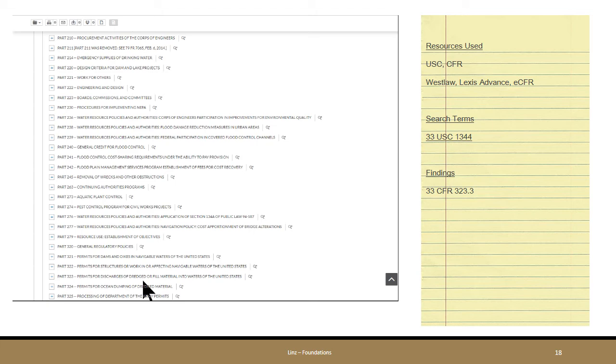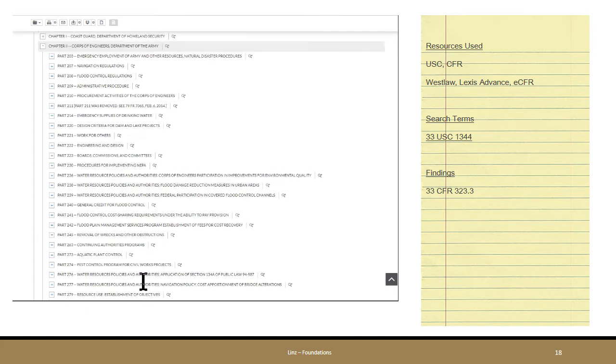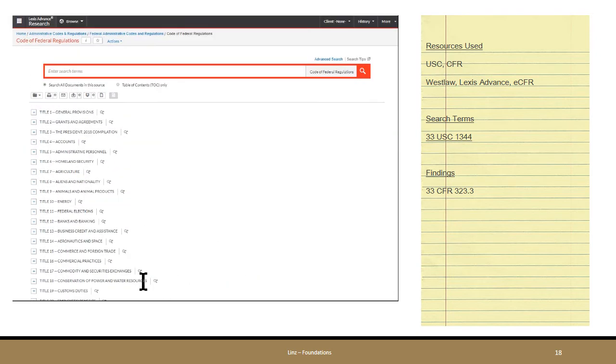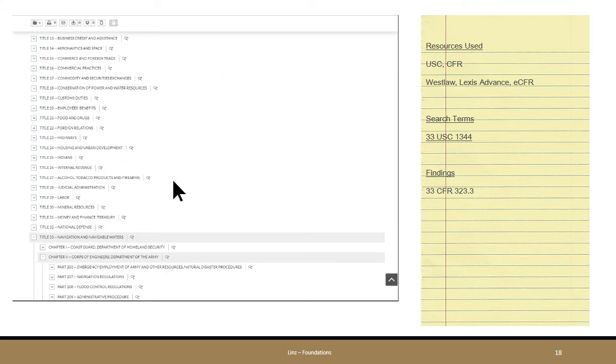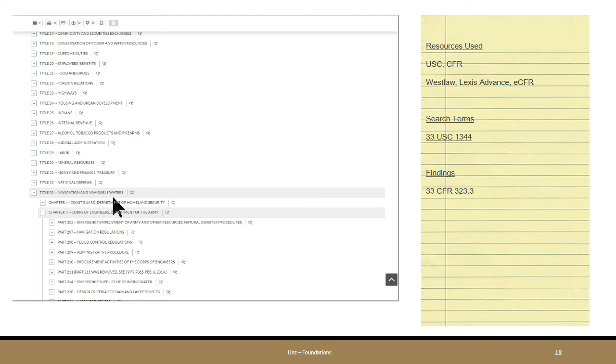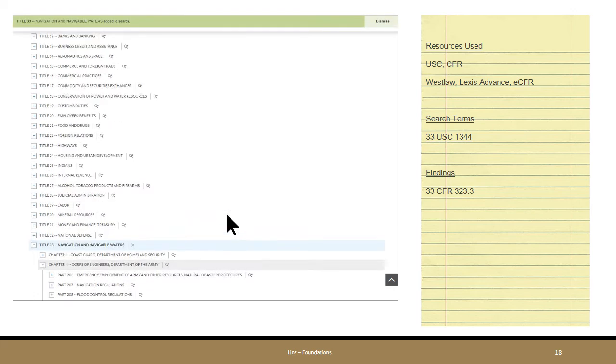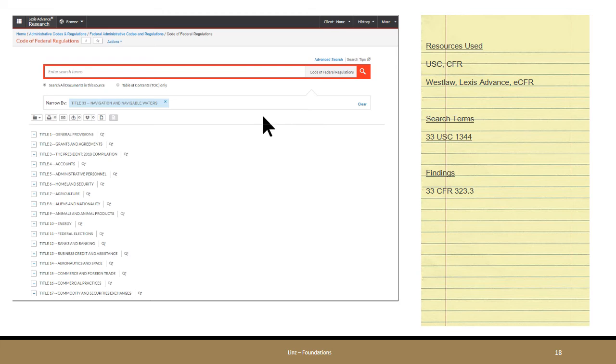If you didn't know that, one way you could expedite your research through all of these tables of contents is to go back up to the search bar and search within a table of contents. Now I'm going to make life easier on myself, and I'm going to click on this little magnifying glass. What this does is it limits my search just to Title 33 of the code. You see it up here, narrow by Title 33, Navigation, Navigable Waters. Then I'm going to look under Table of Contents, and now we want discharge